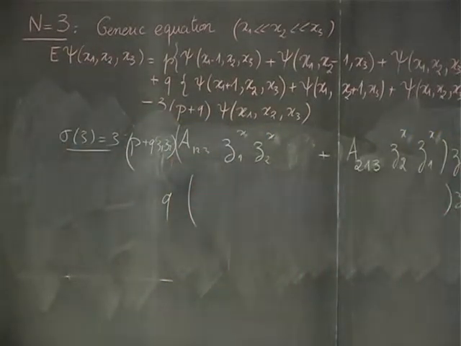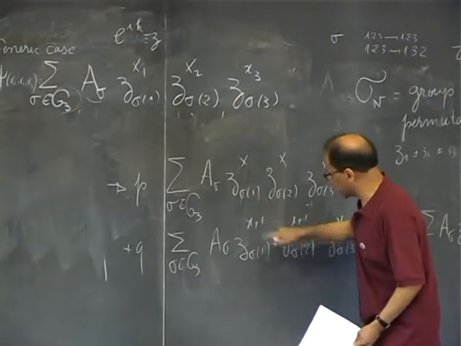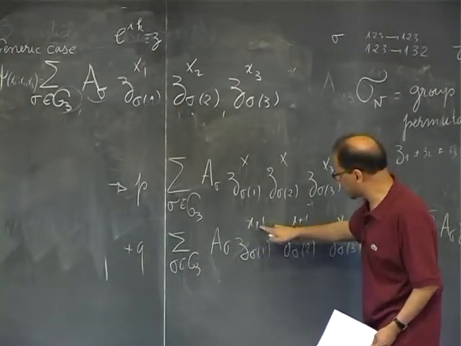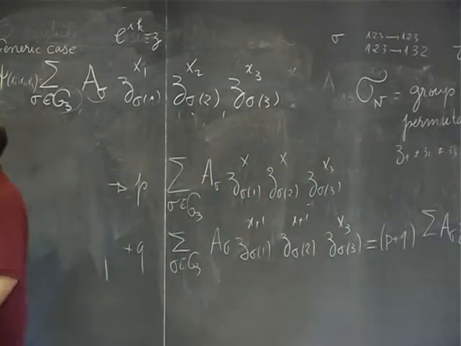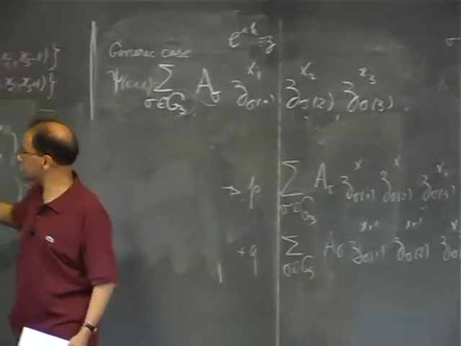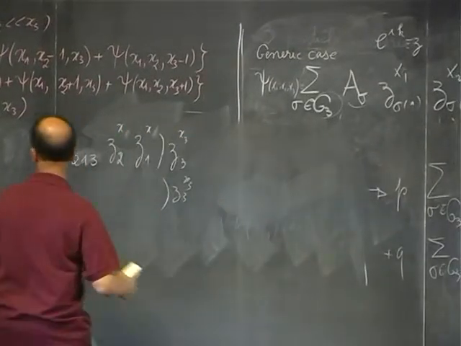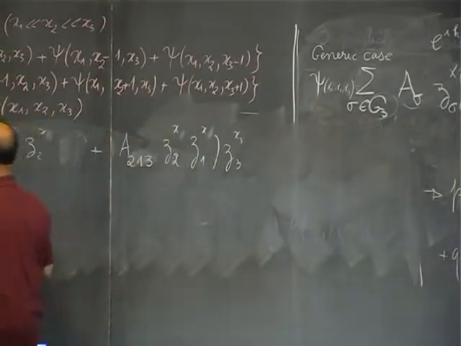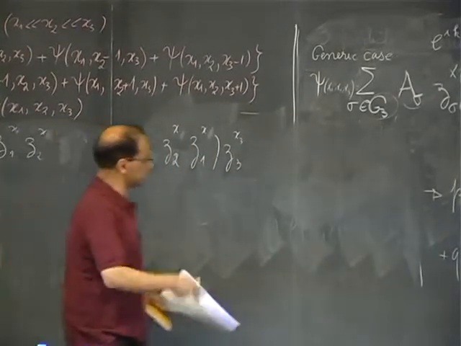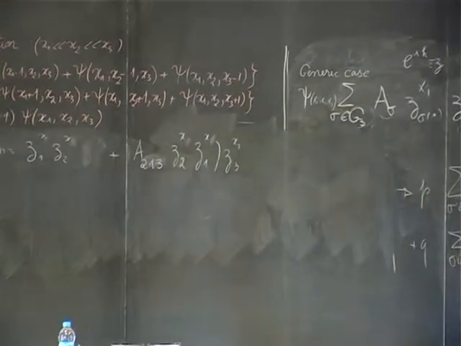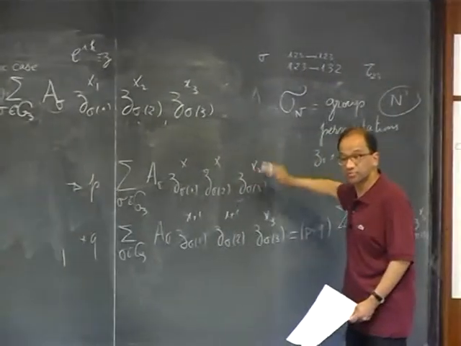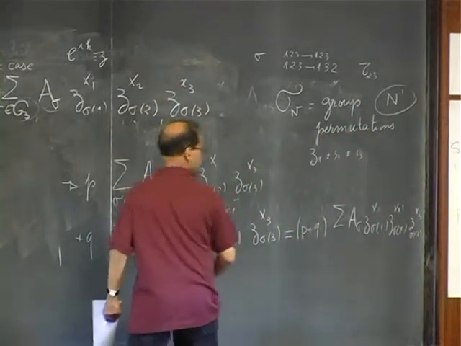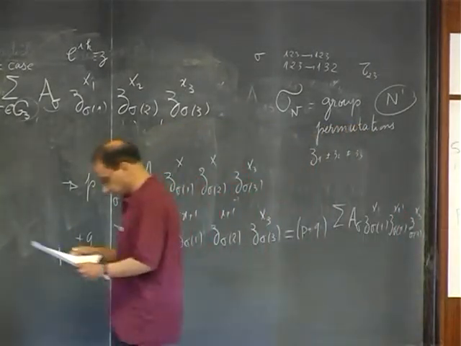This term will give this z1 x1, z2 x2. If I just write this term, I will have x plus 1 instead of x. So it's exactly the same thing, so I can just put it there and remove this thing. And this has to be equal to, because again z3 is independent from z1 and z2, so I just identify the z3 terms together, and again this is x plus 1,